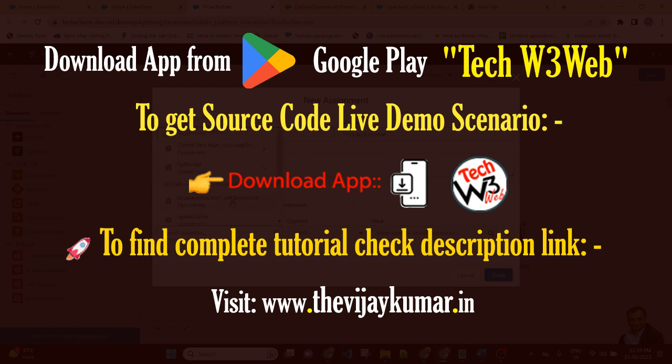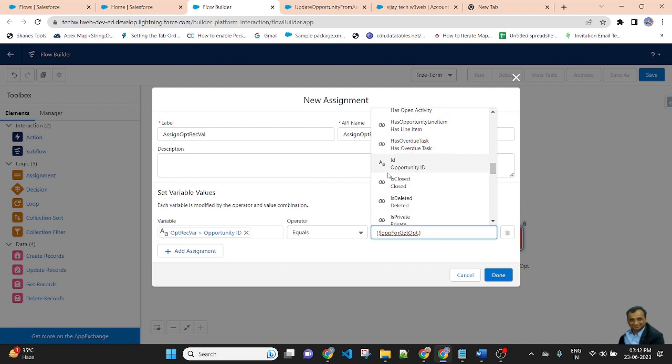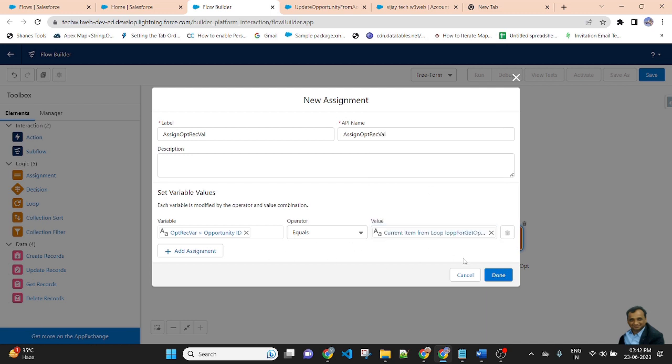The variable will be opportunity record, opportunity record dot record ID equal to loop dot opportunity record ID, opportunity ID. And done.